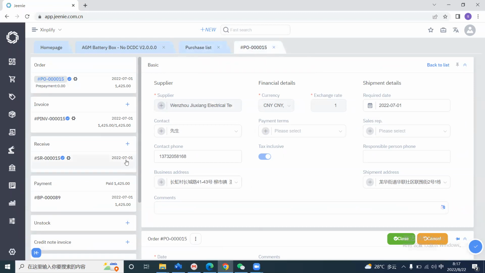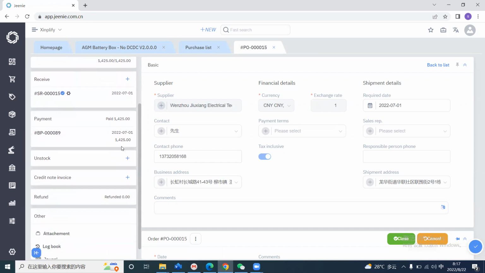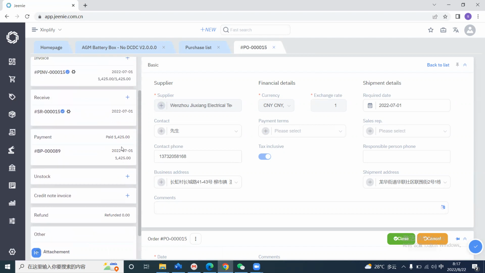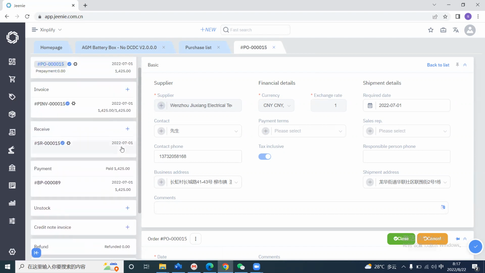At the beginning, at the left side, we have the navigation bar, because for the purchase order, we have a series of subsequent stages, like the invoice, like the receive, like the payment, or we can do also on stock and credit note. So all the subsequent stages are organized around the purchase order. At the left navigation bar, you can see clearly all the succeeding steps around the purchase order. Now we are at the PO, because the cursor is on the PO